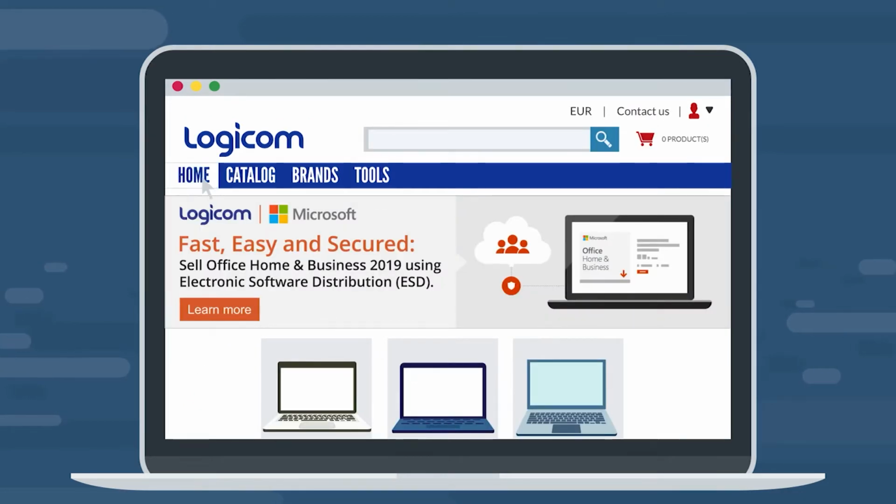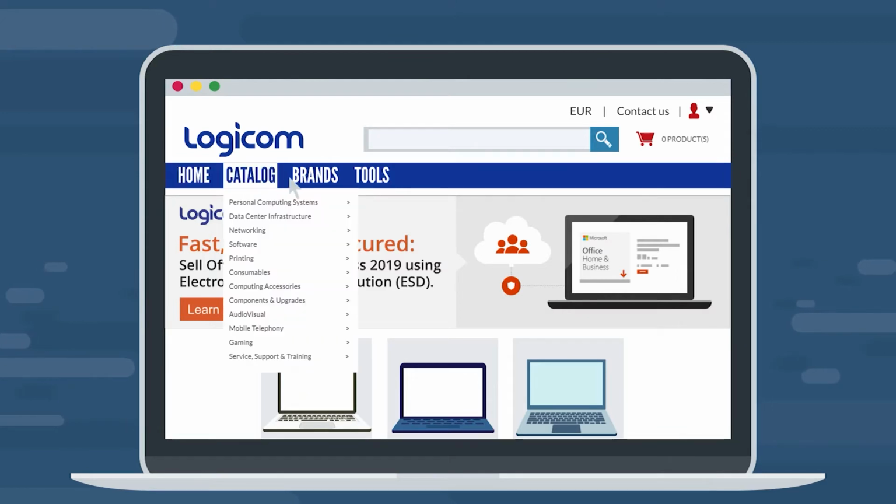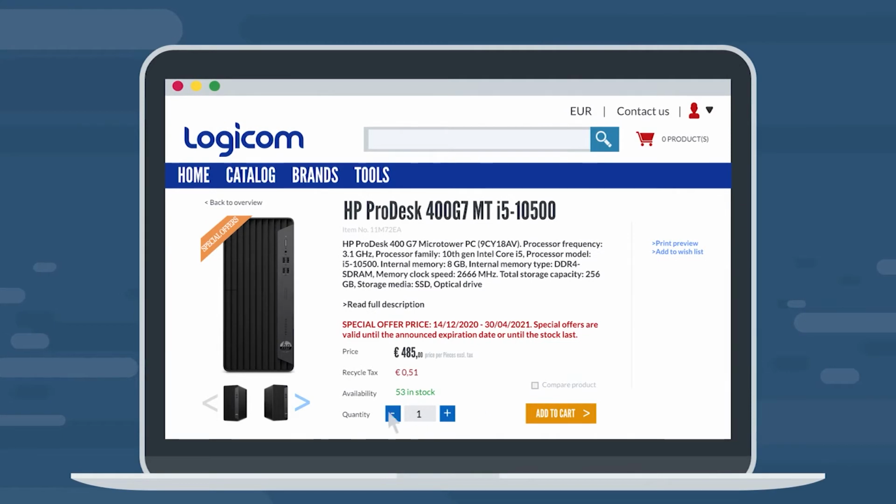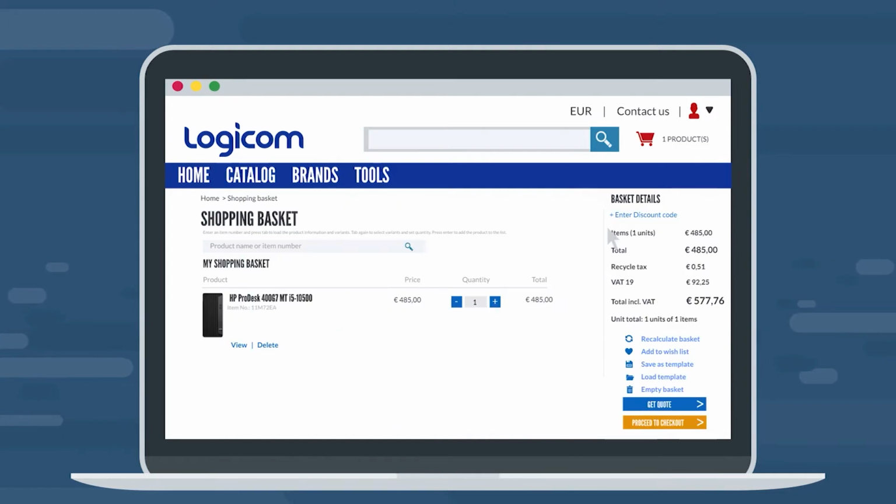Select the products of your choice through the homepage, the catalog, or brand menus. Then move them to Add to Cart with the requested quantities. Click on View Shopping Cart next, and you may now amend your order before requesting a quote, change quantities, enter a discount code if applicable, recalculate your shopping cart and get the final balance following any changes, and proceed to